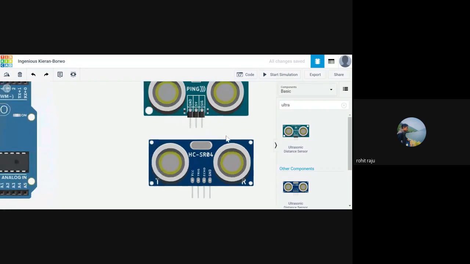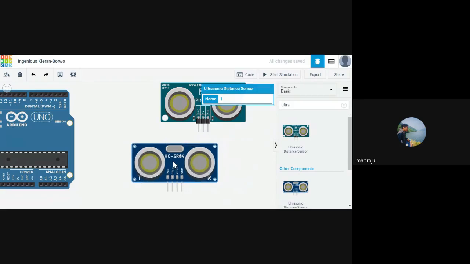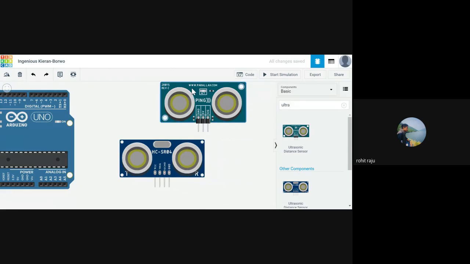So the advantage you have with this parallax sensor is that these both are combined into a single signal pin. So you need not use separate pins for a trigger pin and echo pin. This is a transmitter and this is a receiver, right? With the trigger pin we'll be controlling the transmitter and with the echo pin we'll be controlling the receiver, whereas here we'll use the single signal pin to control both of them. For better understanding, and as Dheeraj said, we talked about this sensor, so let's use this itself in our project. You can use this too. You can try that out at home. So let me delete it.